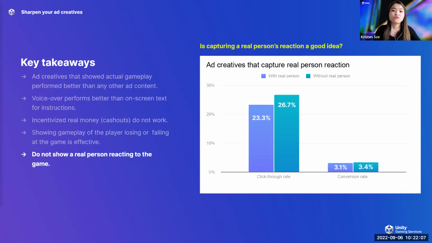Advertisements that feature dramatic real-person reaction to the game are typically also not too welcomed because they could appear to be very disruptive for users, especially when players are in the middle of a game, and hence these ads don't typically drive good install rate. With that, I'm going to pass the mic back to Emery to talk about the balance that a lot of games are trying to strike between two key monetization pillars.